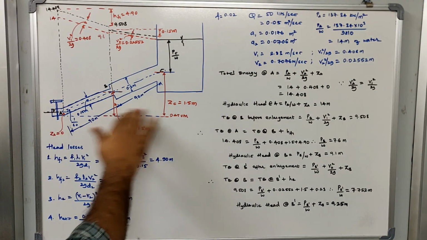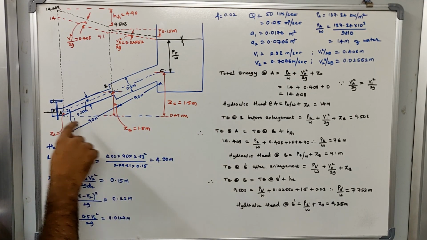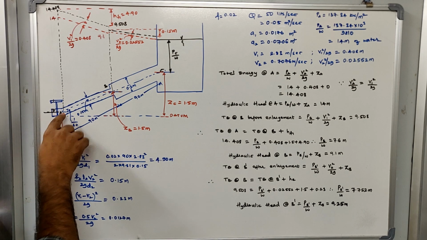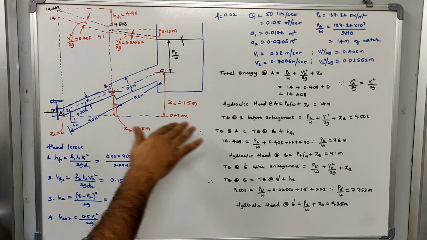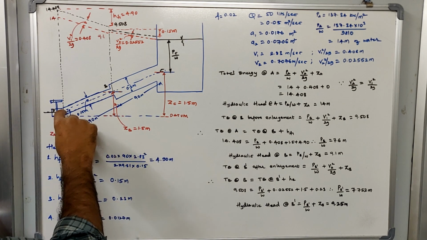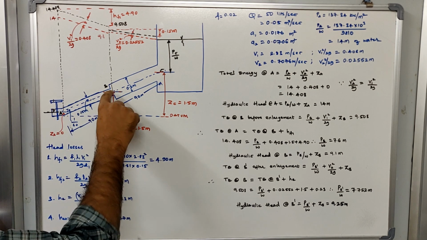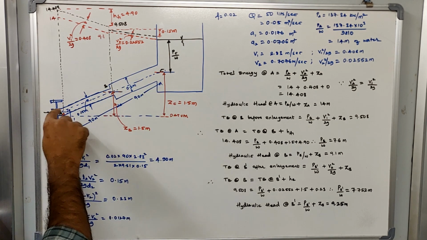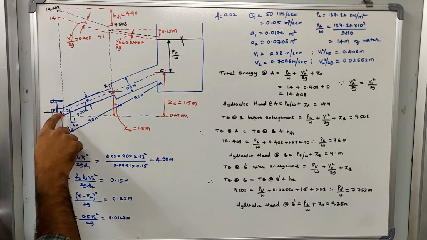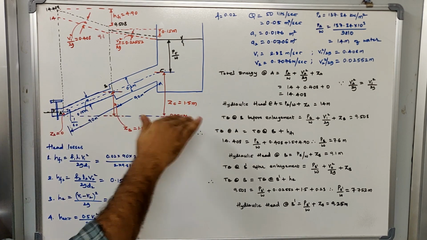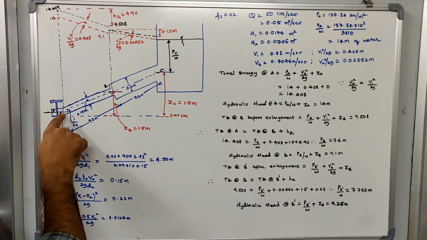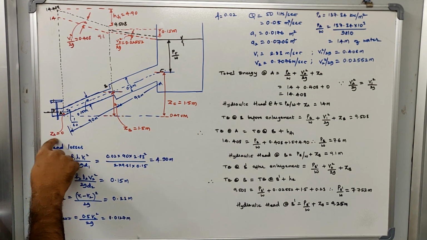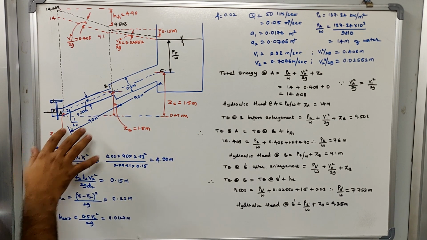As we know, this is a slope of 1 in 60. So let me call A as your datum point. With respect to datum, we will try to calculate how much is the elevation head at individual points, at A, at B and at C. So if I consider joint A itself as datum, ZA will be equal to 0.